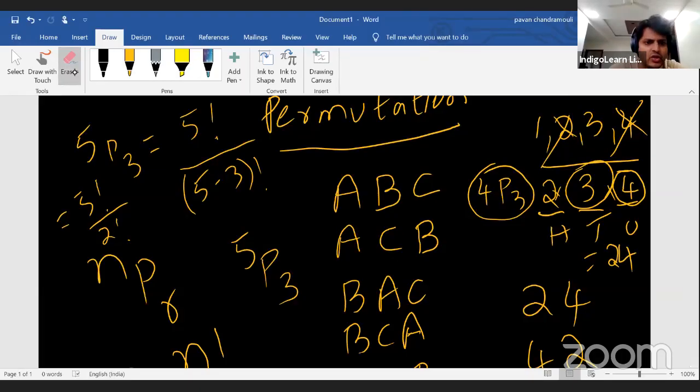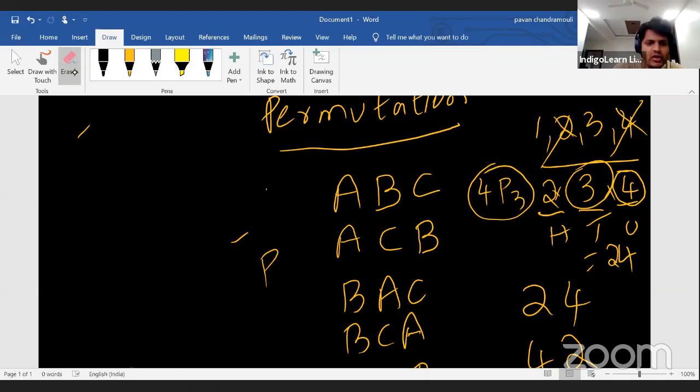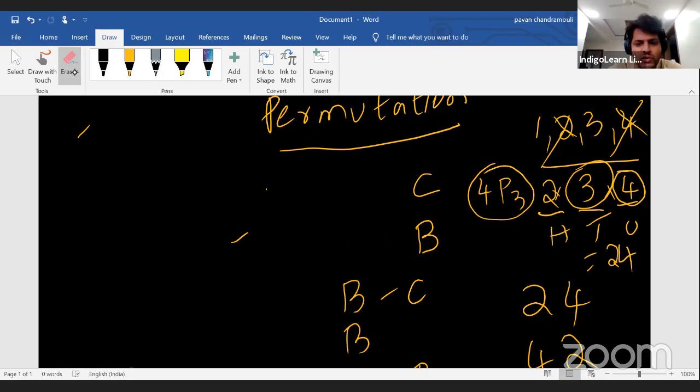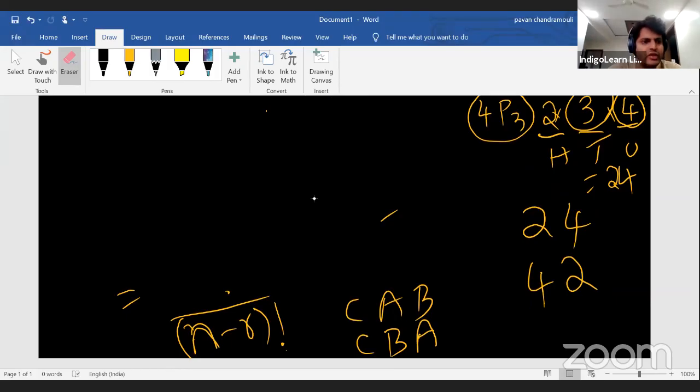Reason being, guys, you know that it will take a lot of time. So this is how we go ahead with the concept of permutation. Now, where can we use permutation? Permutation is mostly used in the concept of arrangements, right? Please remember, permutation is used in the concept of arrangement, and it is also used when you are preparing numbers. So please keep that in perspective when we are trying to use permutations.